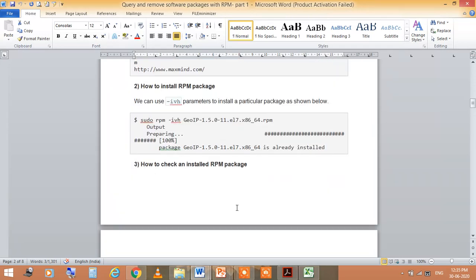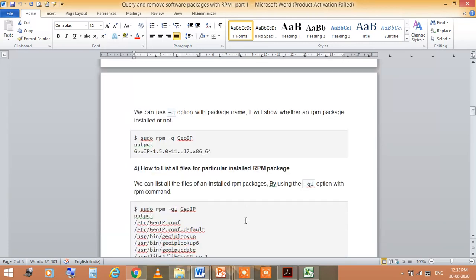The third one is how to check an installed RPM package. For this we can use the -q option with the package name. It will show whether an RPM package is installed or not. By using the -q option with the package name, you can see the output here.